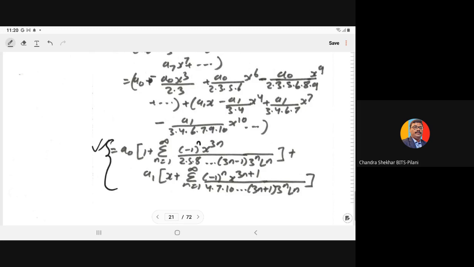But as I told you earlier in the very first lecture, the power series solution gives the solution but is not of much practical use, because we have an infinite series. Infinite terms we cannot include. For the exact solution we have to include the infinite terms, but practically we cannot, so we have to truncate up to certain terms. Whatever truncation you have done, that will be the error relative to the exact solution. Clear?